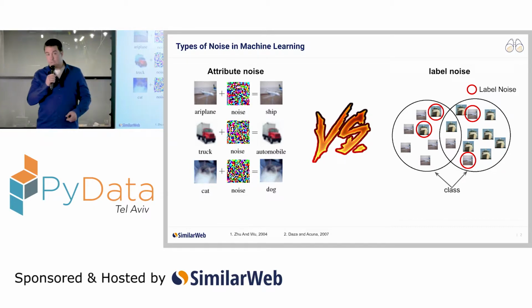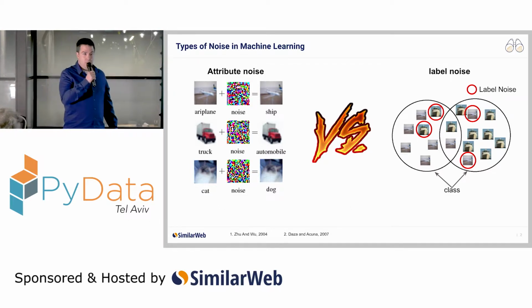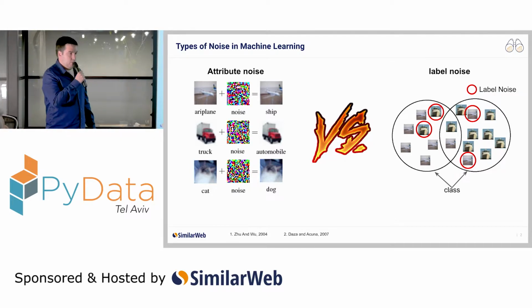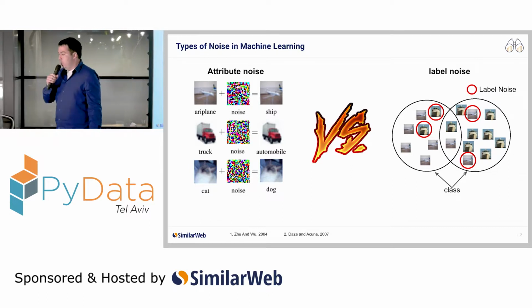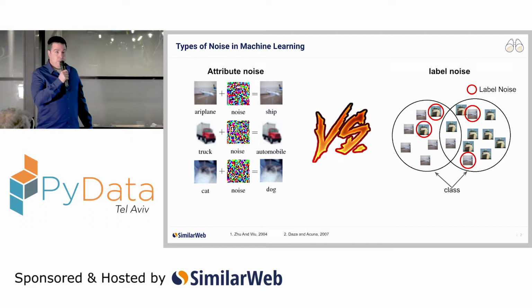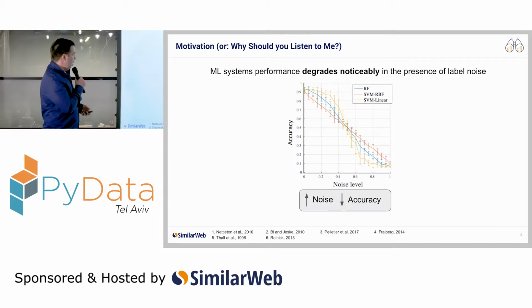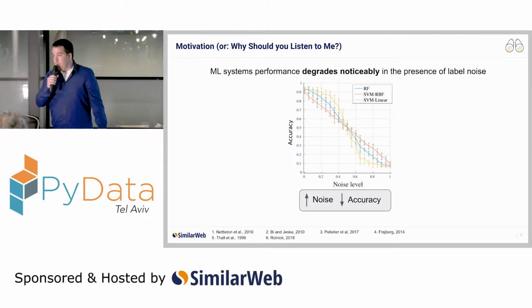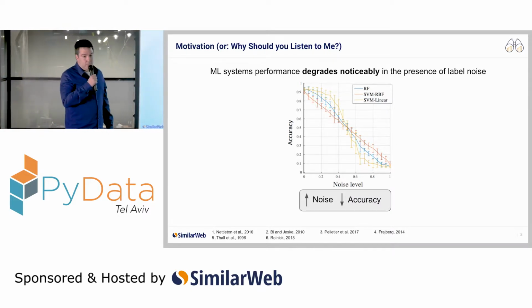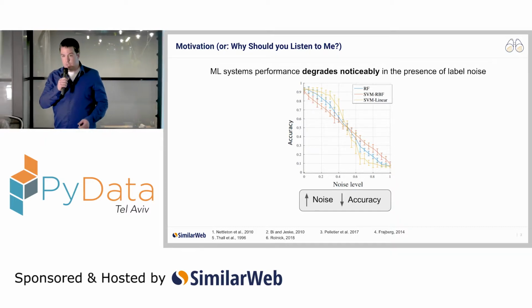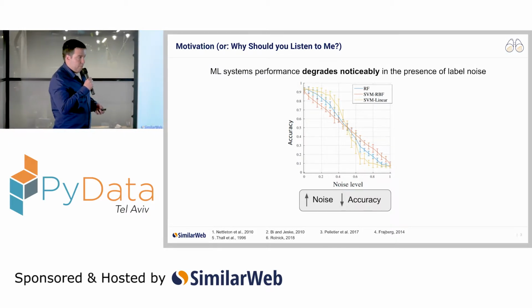But now think of a different situation in which not the attribute, but the original label given to the instance is wrong. This is known as label noise. In general, when comparing the two, researchers have shown that label noise is much more harmful, and as such it is important to understand how to handle it in machine learning models and pipelines. Researchers have shown that label noise can deteriorate the overall performance of machine learning models. This occurs since label noise alters, at least to some extent, the relationship between the measured output and the features.